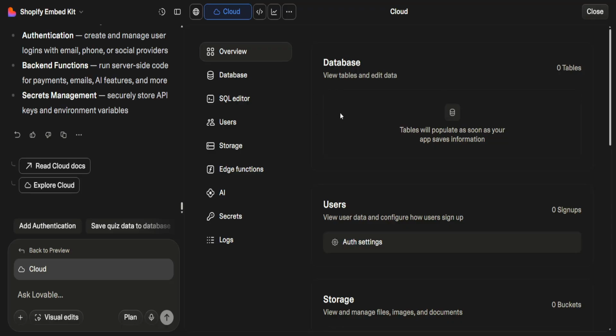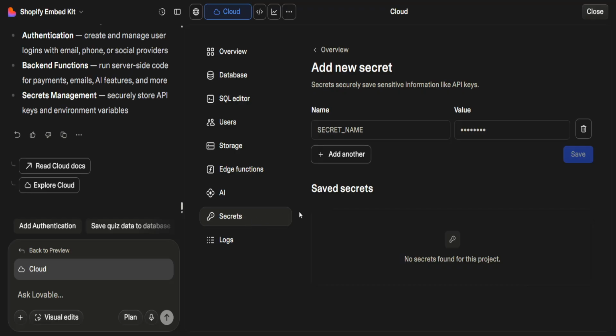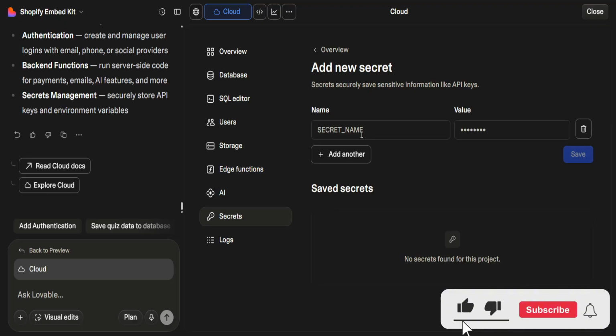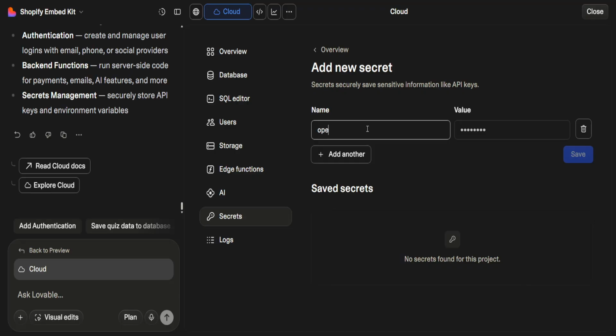Now once this has been enabled, in the cloud you will go into secrets, and from here you will be able to add your API key. Secrets securely saves sensitive information like API keys. So here you will type your name for your key, so for example OpenAI, and you will paste your key in this field. Afterwards you will just click on save, and